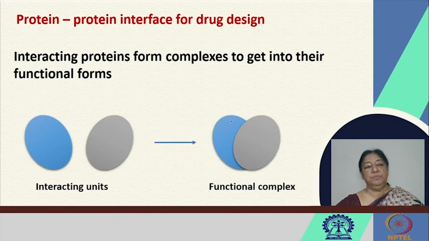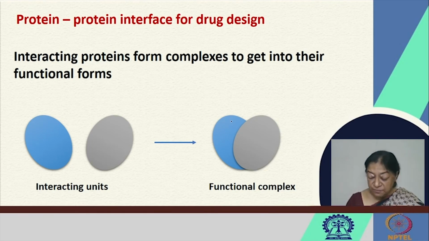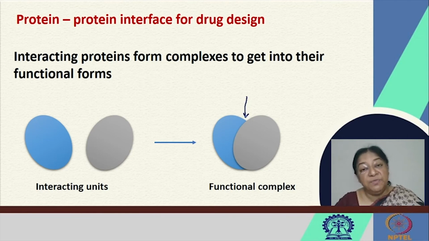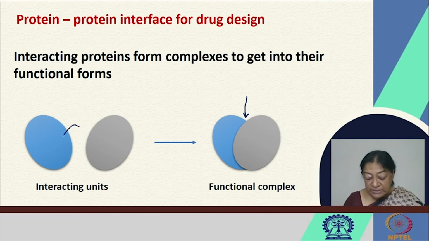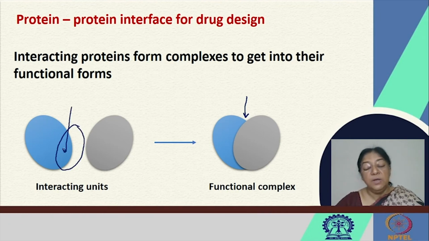So if we look at the protein-protein interface for drug design, we know that there are interacting units, and the interacting units form specific complexes to get to their functional complexes or their functional forms. So this is where we lose a specific surface area. We know, or we can find out, what the specific interface residues are, the hotspots that are going to be involved in the interaction, and we can target the specific points to develop drugs for inhibition of the protein-protein complex formation that would be required to inhibit a specific biochemical biological